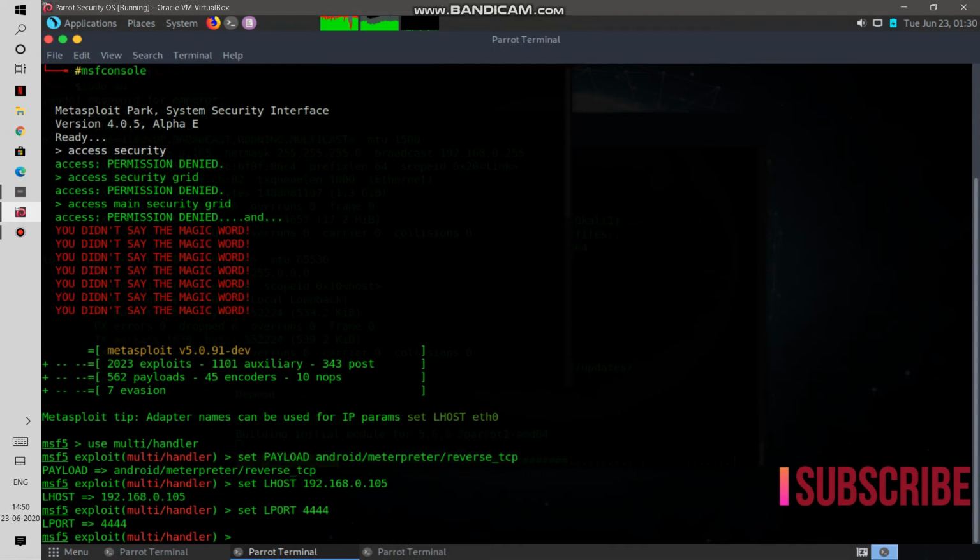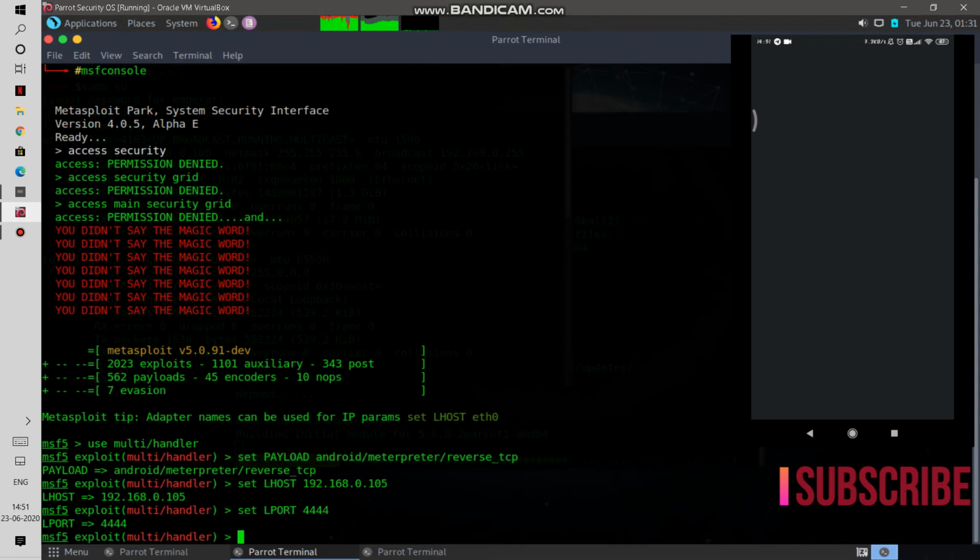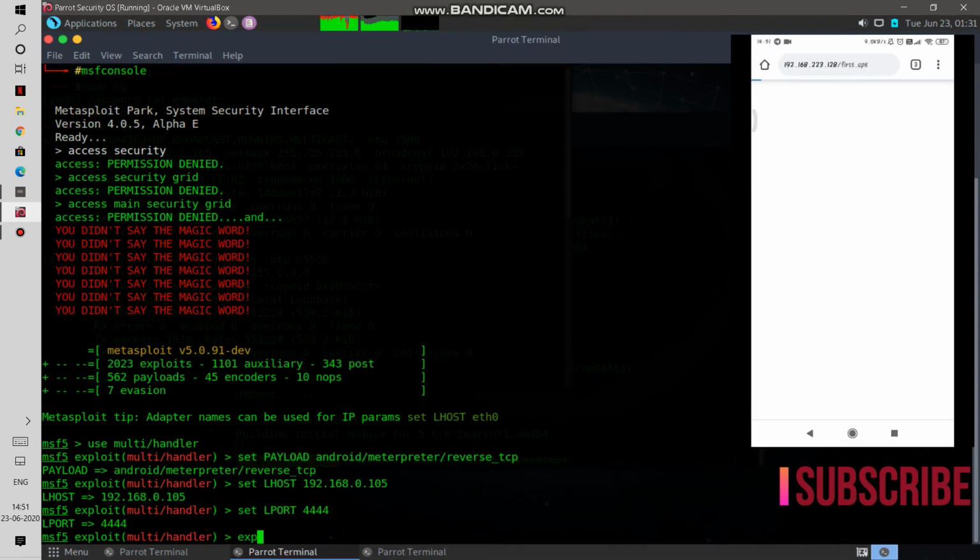We have set lport for 4444. Type it here, and now just type the command exploit here. I am showing you what to do in the mobile phone also. Now after typing exploit,